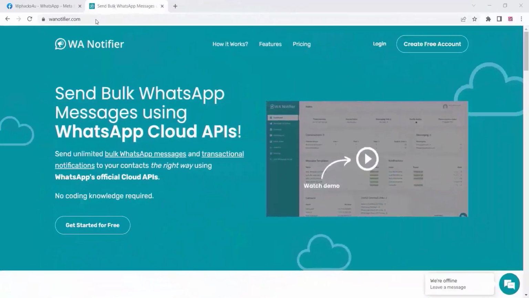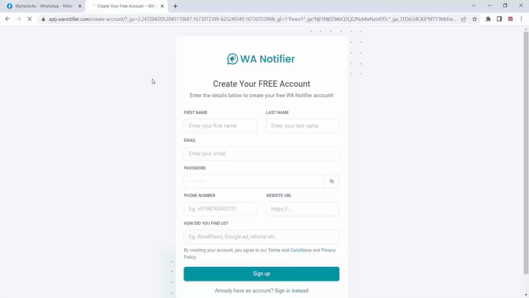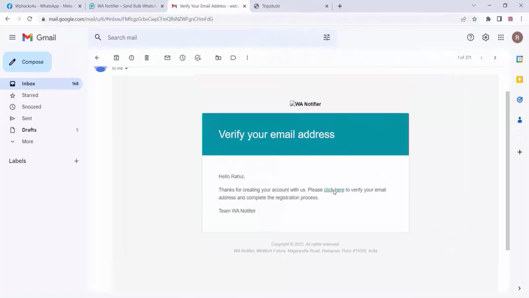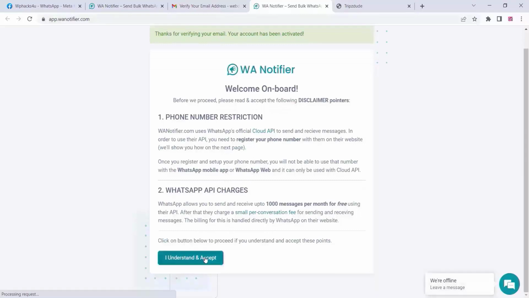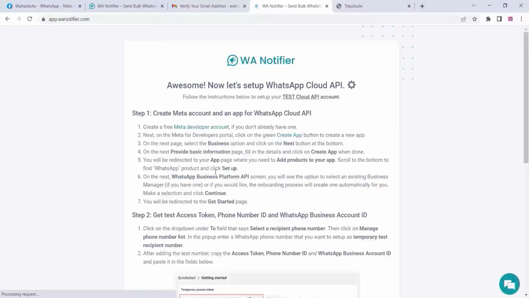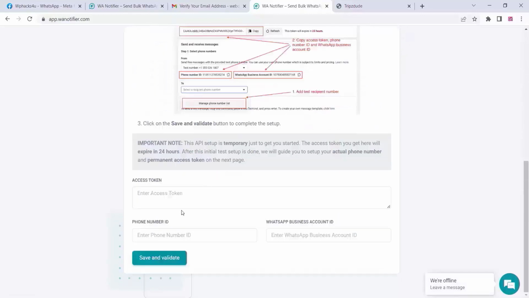So now just go to this website whatnotifier.com and create an account there. Just create a free account, and here you can add the username, first name, and completely fill in all these details, and verify the email address in your email. Once the verification is completed, it will take you to another window. You can just click on the I understand and accept option,